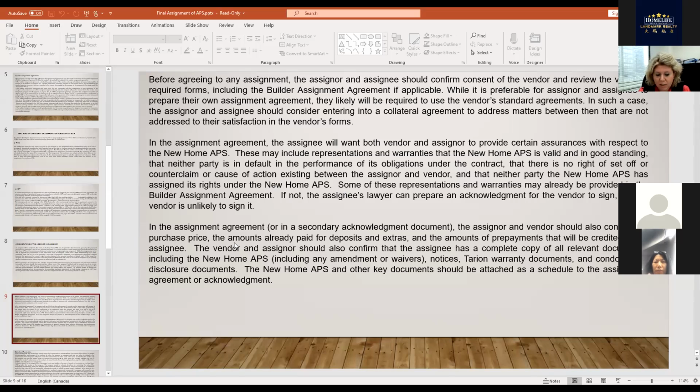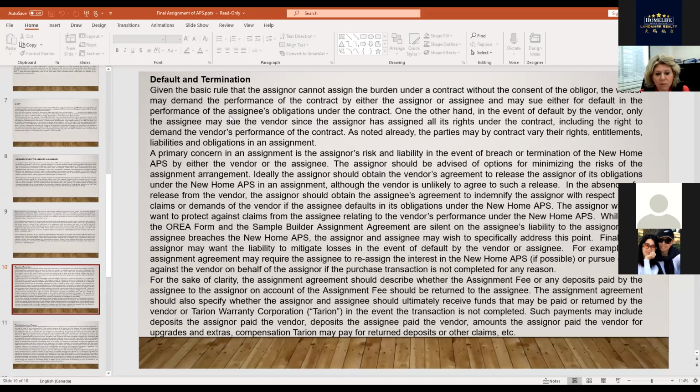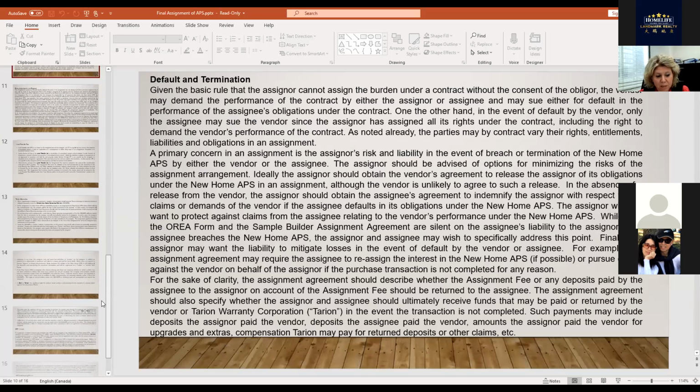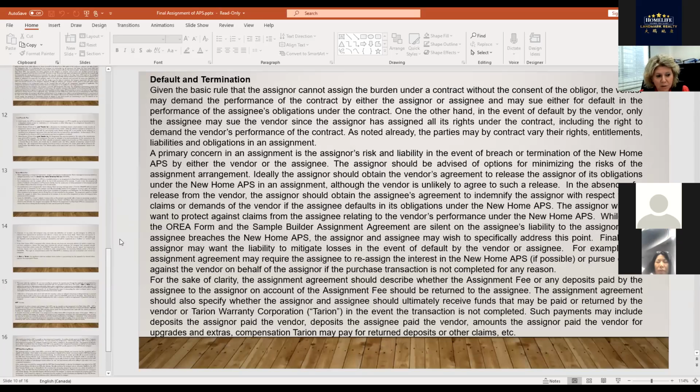The assignor and the vendor should confirm the purchase price. So as I told you, the vendor may add an additional deposit in his consent agreement, and then the assignee may be forced to pay an additional amount of money, so be careful about it. Then what's happening about the termination? What is the problem with the termination, guys? It exists because in reality,